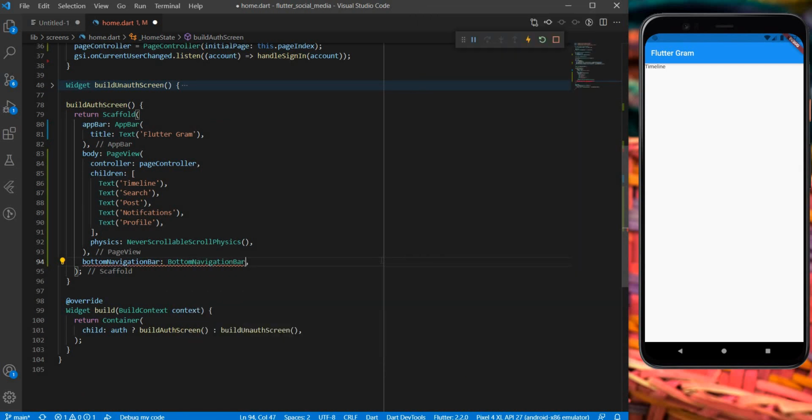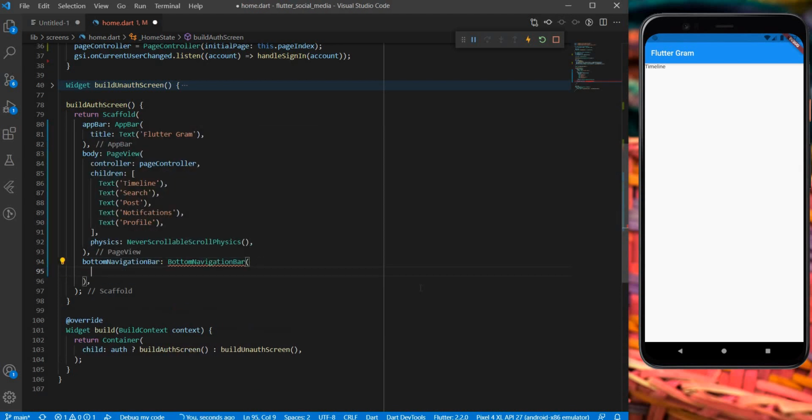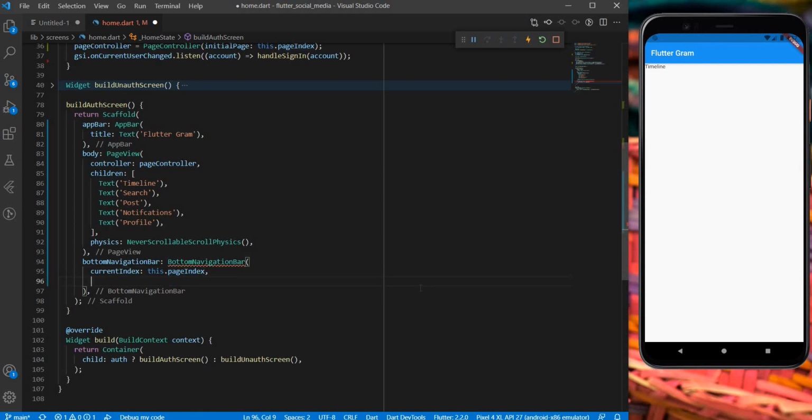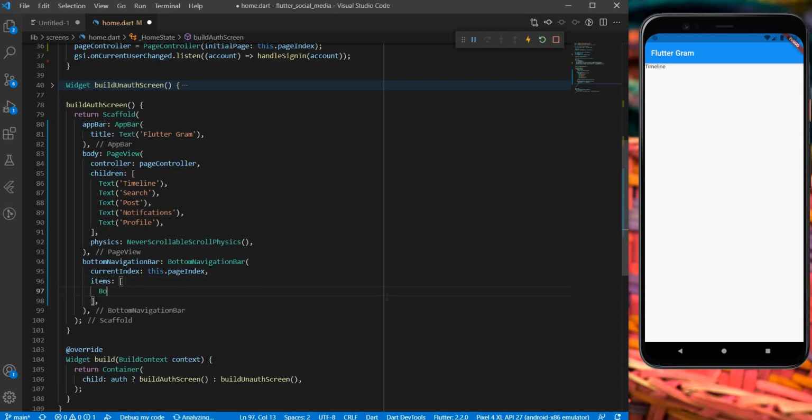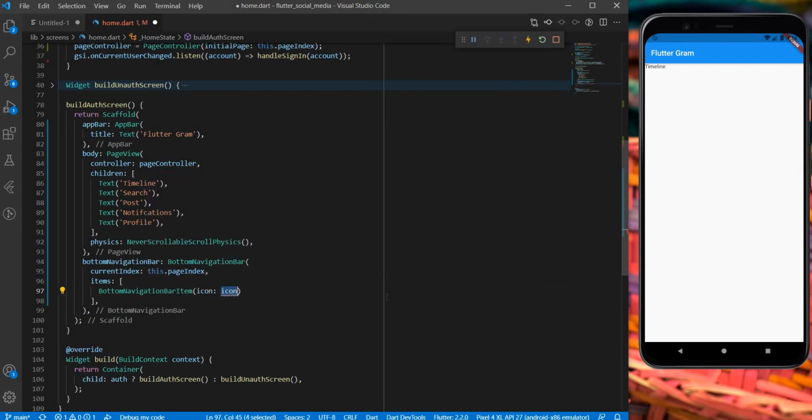Here let us specify the current index as this.pageIndex. Next we are going to specify a list of items. Items here is a list of BottomNavigationBarItems where we can specify some icons.